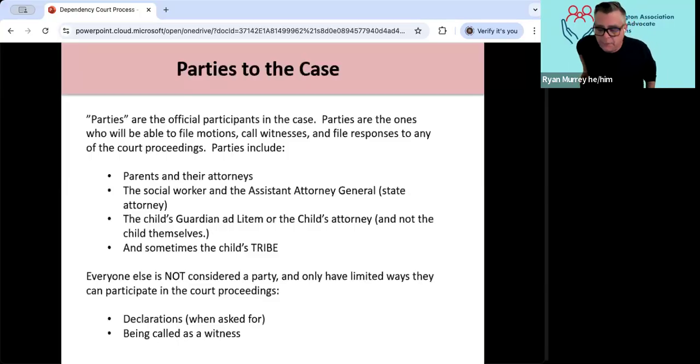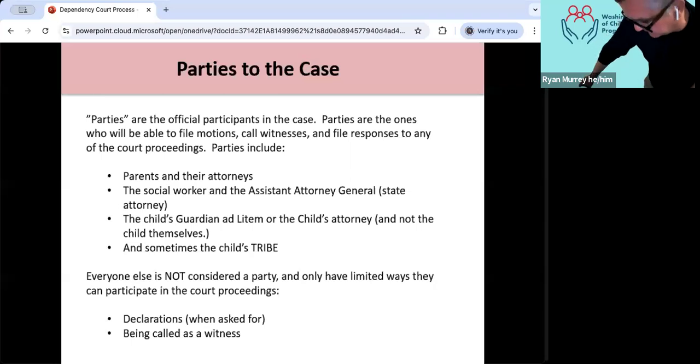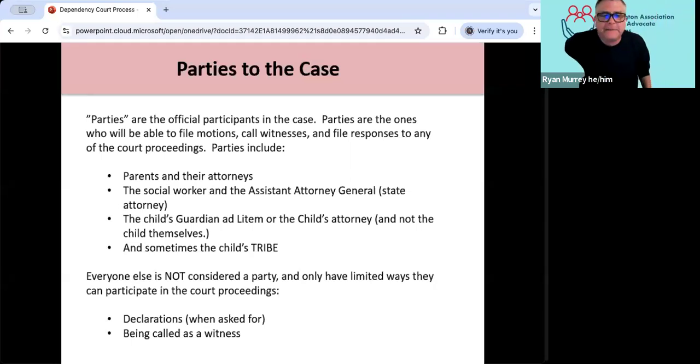I just want to take a moment to explain who are parties to the case, because I'm going to use that word a lot. Parties are the official participants in the case. They're the ones who will be able to file motions, call witnesses, file responses to any of the court proceedings.